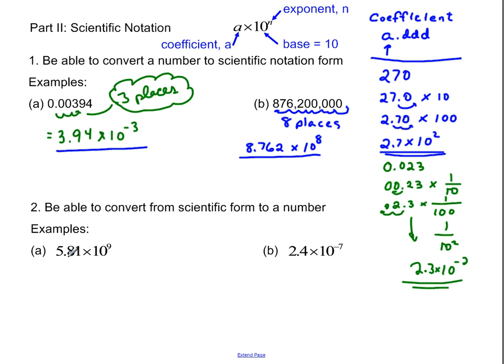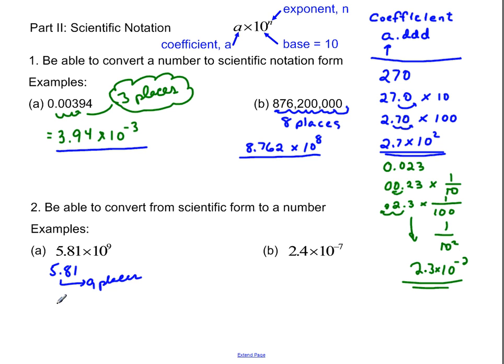All right. How about going the other direction? What if we want to convert from scientific notation to just numerical form? Well, we're really thinking about this in the same way that we did before, except this time we're reversing the steps. We've got 10 to the 9th, right? So if it were like this guy in blue, what we'd be saying is that we're going to have to take 5.81 and move this decimal over 9 places,